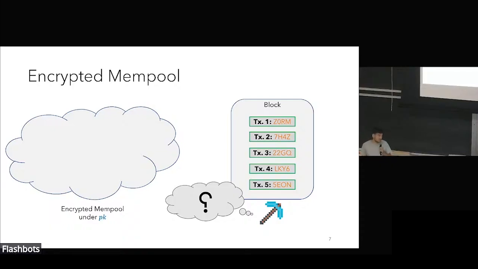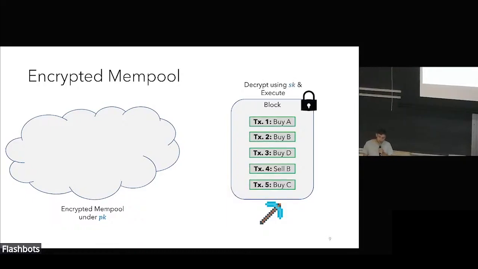The idea is that he now cannot do any malicious MEV. He cannot do any front-running in particular. Once the block is assembled, we wait for finalization. And when the block is finalized, whoever holds the secret key decrypts all the transactions